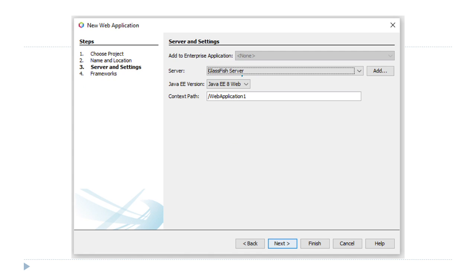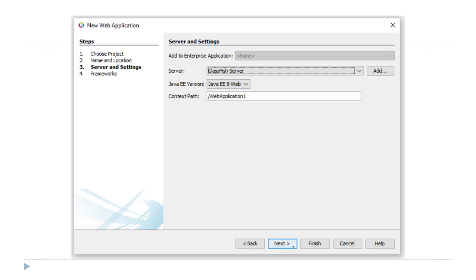it will ask for the server on which this application should be deployed. It can be any application server, Glassfish, Apache Tomcat, whichever you have. Then select the Java Enterprise Edition version, and it will also display the context path, which is just the project name. We'll see where we will be using the context path later.